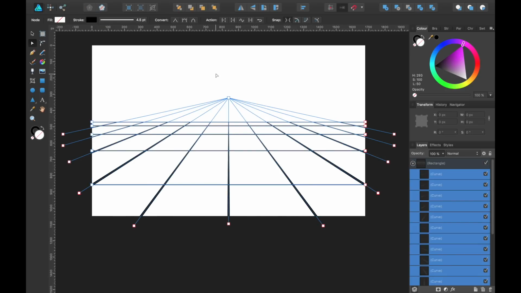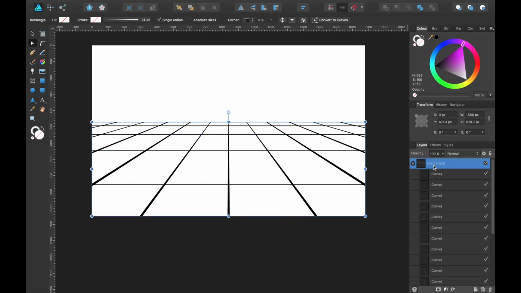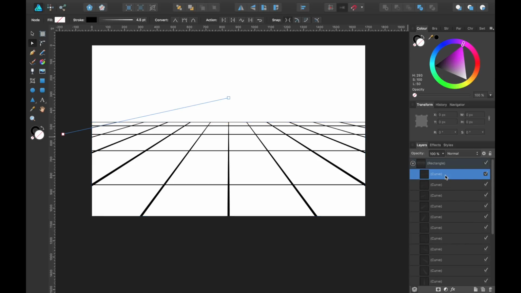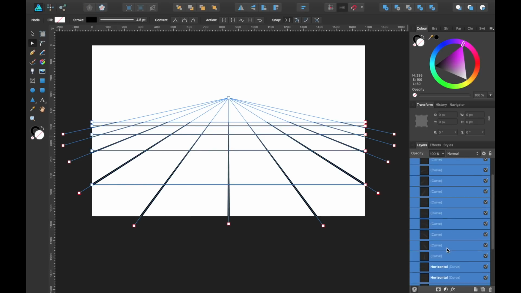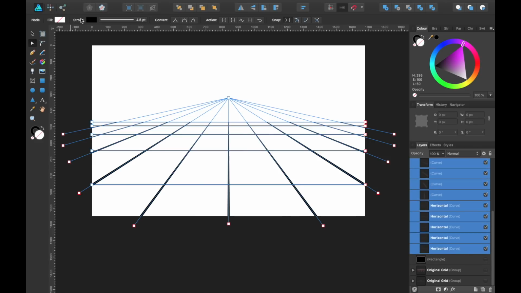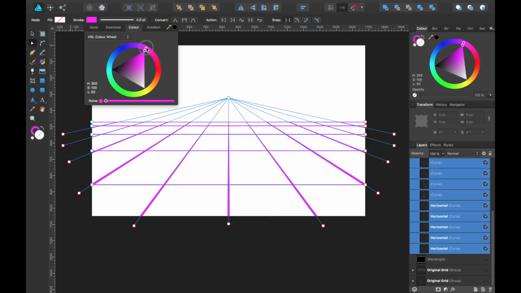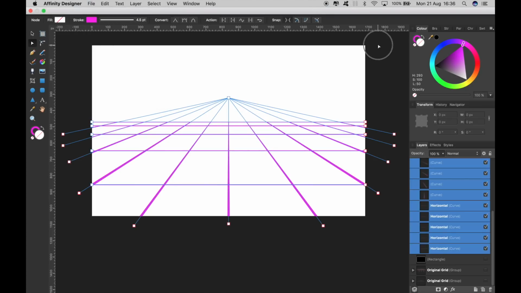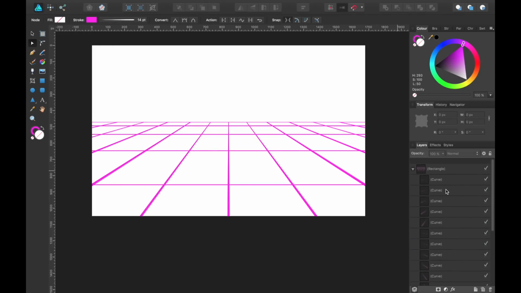Okay, so now we're going to want to change the color now that we've nested them all in here. And what we're going to do is we're going to select all of them, click, shift, and that. So we select all of them. And now we can go up to stroke and choose a color. Let's go for pink. Okay, so they're all pink now, great.